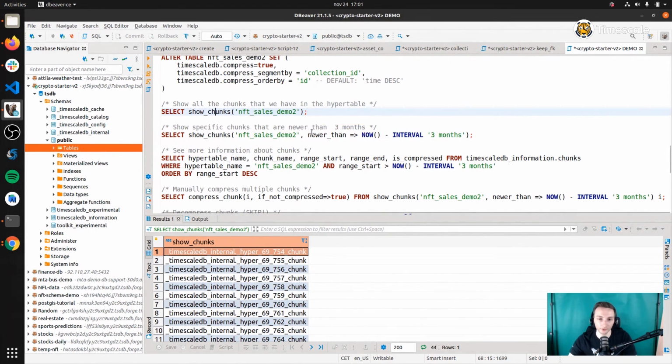Now, this is important, or more like useful, to include the name of the argument here, and not just do something like this. Because if you do this without an argument, the first optional parameter of show_chunks is actually older_than, not newer_than. So you will see a very different result than you might expect. So I just include the name of the parameter